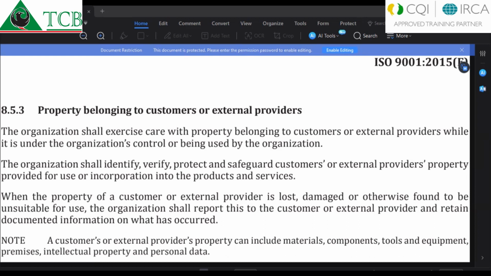Also, regarding the confidentiality of personal data, we have signed some document called GDPR. A lot of learners we train, their examination results and training records are their personal information. And without their consent, we cannot even publish their pictures or photographs on social media for any other purpose. So we even take permission on how we will handle their personal data. So these are all part of property belonging to customers and external providers.